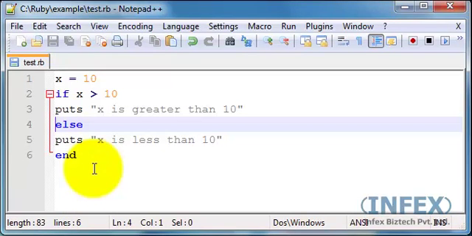This is a small Ruby program. We have initialized a variable x is equal to 10. Now if is the keyword that we will use to identify that next statement is a condition. So from if our conditional statement begins. We have written if x greater than 10, that means if x is greater than 10,